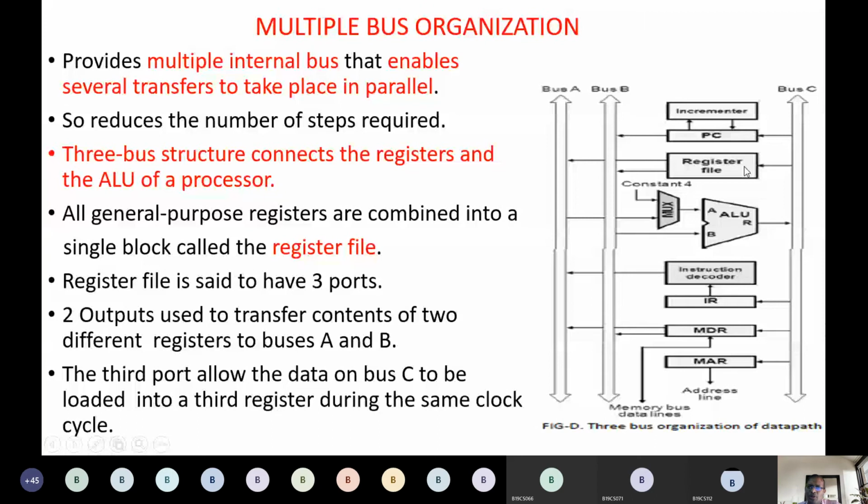So that's why 1 input, 2 outputs. Hope this is clear. Entirely, this happens in a single clock cycle. What a single clock cycle is, we will see in the future. For the moment, remember it is a basic unit of measuring CPU speed, the number of clock cycles. So in one clock cycle, data can flow outside from 2 registers, and data can flow into another register.